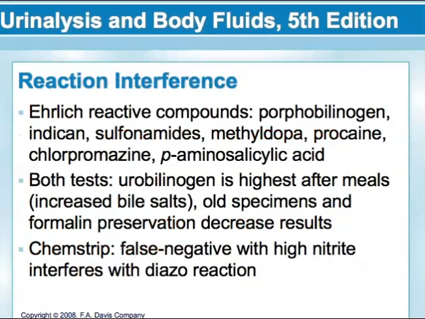Okay, some reaction interferences. There are a lot of false positives possible with the multisticks because of the Ehrlich's reagent. Some substances that react with Ehrlich's are porphobilinogen, which is something formed during the synthesis of heme, and indican, which is a substance formed by the decomposition of tryptophan in the intestines and excreted in the urine. Also sulfonamides, methyl-dopa, procaine, chlorpromazine,